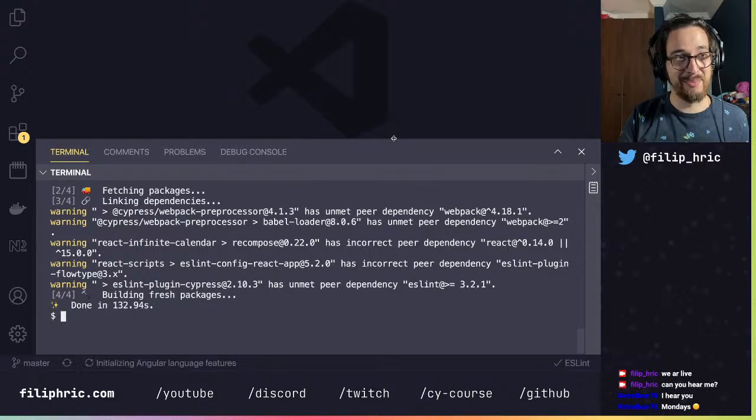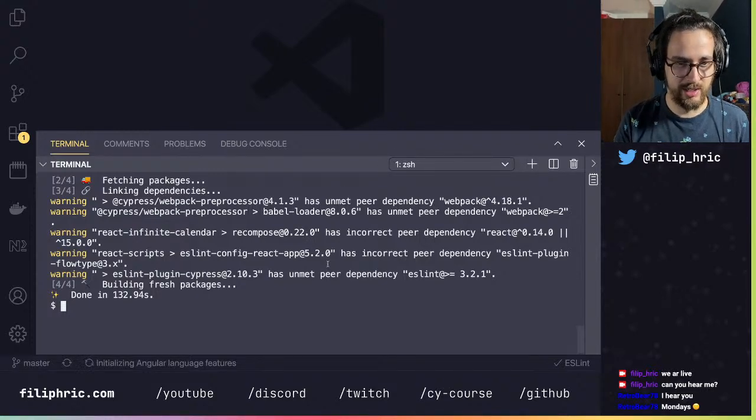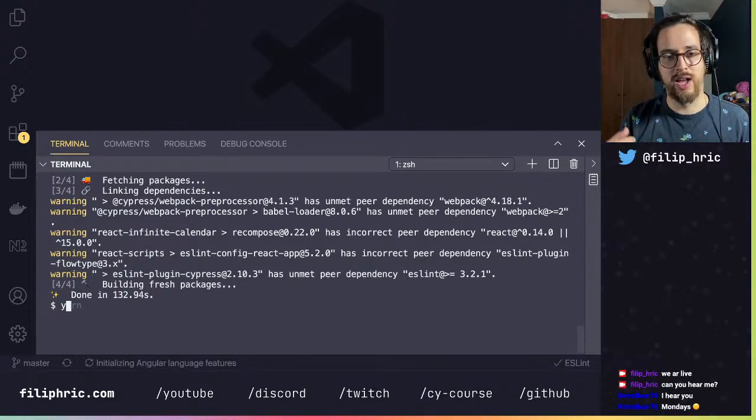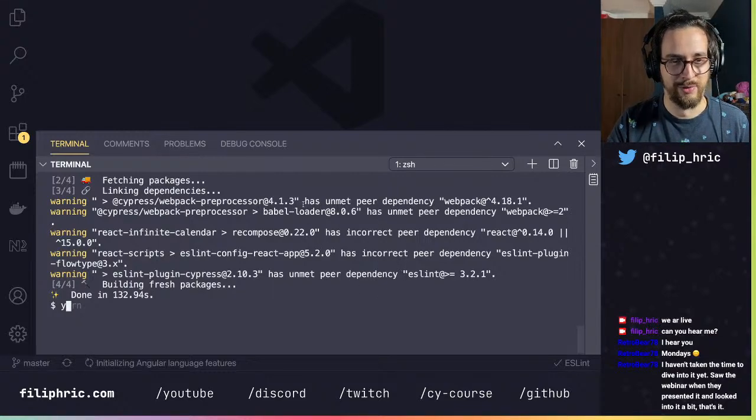So I think the Cypress engineers had some intention, but as is always the case, they may have run into a couple of surprises when they saw people actually using the product. And this Cypress real world app is a really nice insight for us as users to look into the intentions of this project.